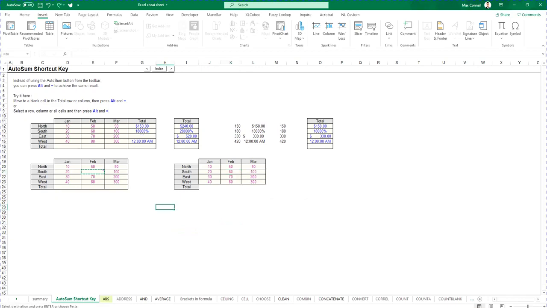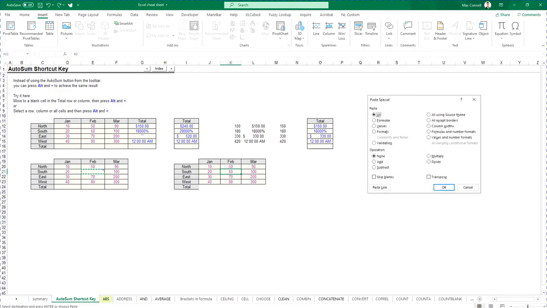But I'm also too lazy to basically copy across the text, especially if it's a very long comment. So what you can actually do is go Control-C and then go to the special paste menu. So I'm going to go Control-Alt-V to bring it up. And then from here, you can actually go